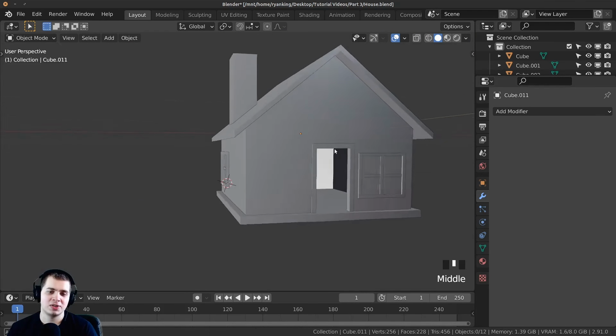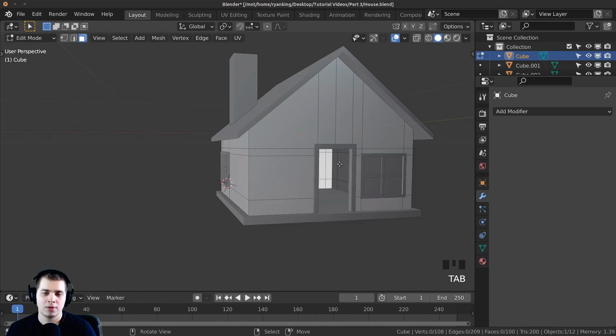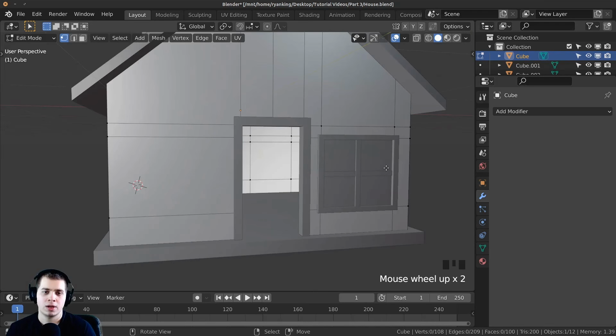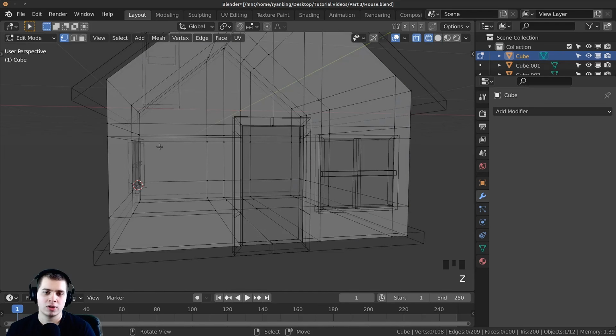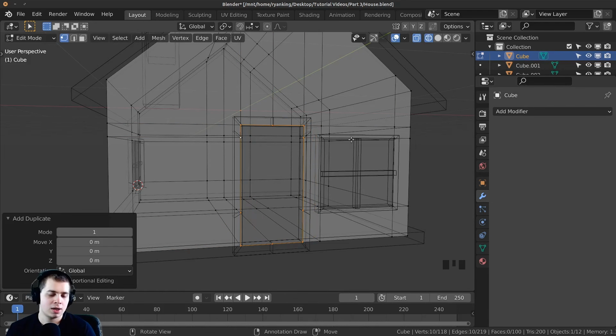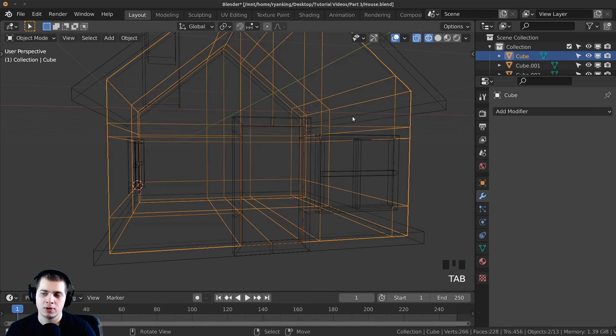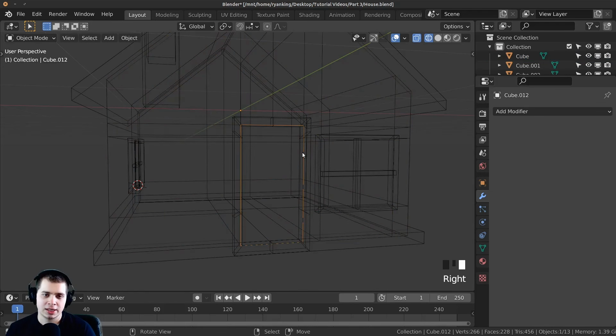All right, so now let's just do the same thing for the door. So I'll click on this one, tab into edit mode. I'm going to press 1 or go to the vertex select. Just zoom in here. I will press Z and move my mouse over, and I'm just going to Alt and select this loop. I will press Shift D to duplicate and then right click so it jumps back. I'm going to press P so that I can separate that. I'm going to separate by selection, tab back into object mode with the tab key, and then just select this